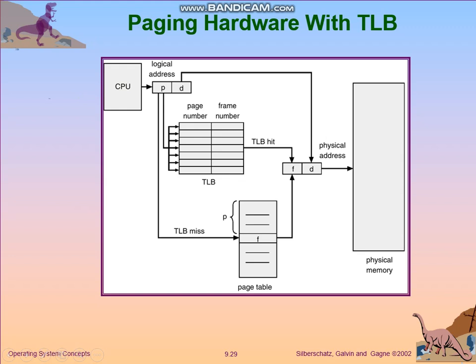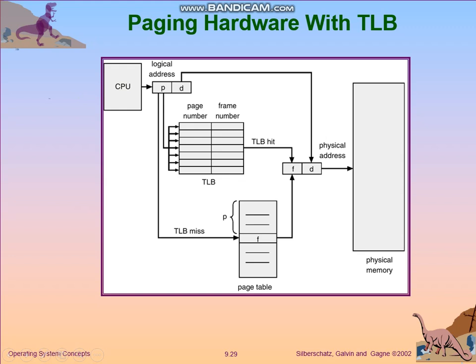To avoid this, you have the translation look-aside buffer that will solve this problem. So what will be there in this buffer? This buffer stores the page numbers and frame numbers which are frequently used by the CPU. Suppose the CPU wants page 10. If it is there in the TLB, it can directly retrieve it from here. There is no need for the CPU to go to the physical memory. This will increase the data transfer rate.